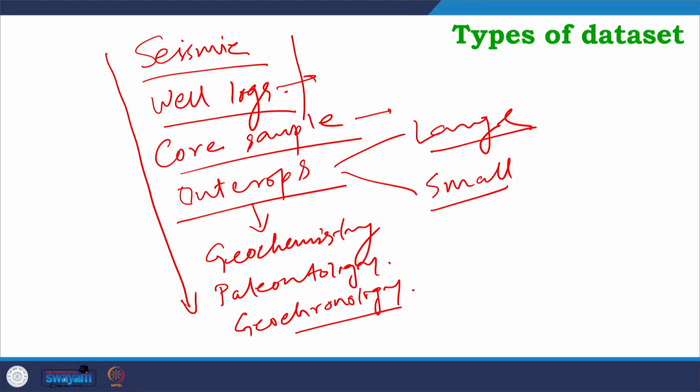So, in case of well log data, as I told you earlier, there can be different types of well log, like gamma ray log, density log, SP log, resistivity log. So, depending on what type of logs we are using, what kind of tool we are using, we can get a clear idea about the variation in the lithology and how those different lithologies are occurring in vertical stacking patterns. From that, we can also get idea about the depositional systems, depositional elements, and when we try to correlate this well log data, we get idea about the lateral facies trends.